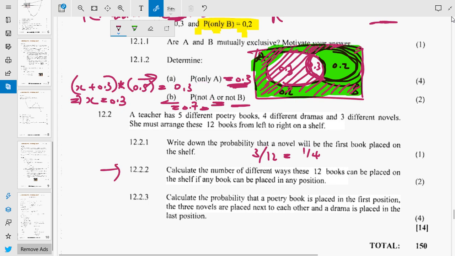The second part of the question says, calculate the number of different ways these 12 books can be placed on a shelf if any book can be placed in any position. Now, these books are different, although they are in the same category. So I have 12 distinct books in this particular case. So the number of ways in which I can arrange these books is 12 factorial, which is a very huge number,